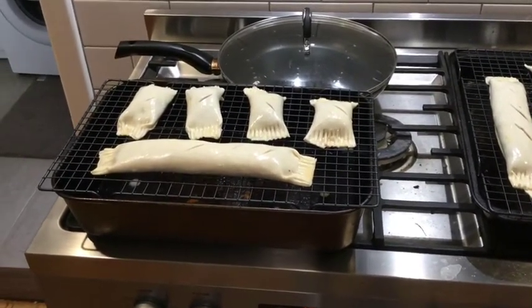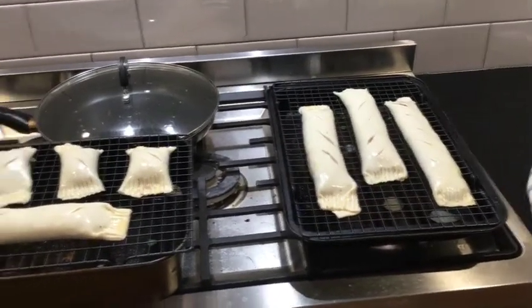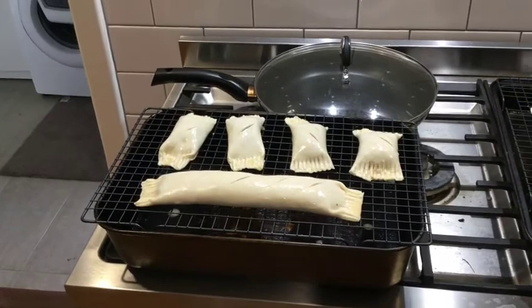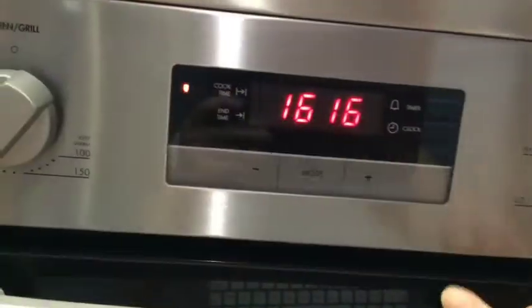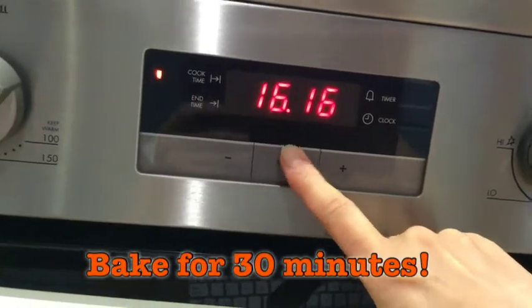You can freeze them like this. You don't even have to cook them yet. They can sit in the freezer for a little bit if you feel like you want to save them for later and then cook them fresh. But they're going to go into the oven now. Okay, so once they are in the oven, we're going to set them to cook